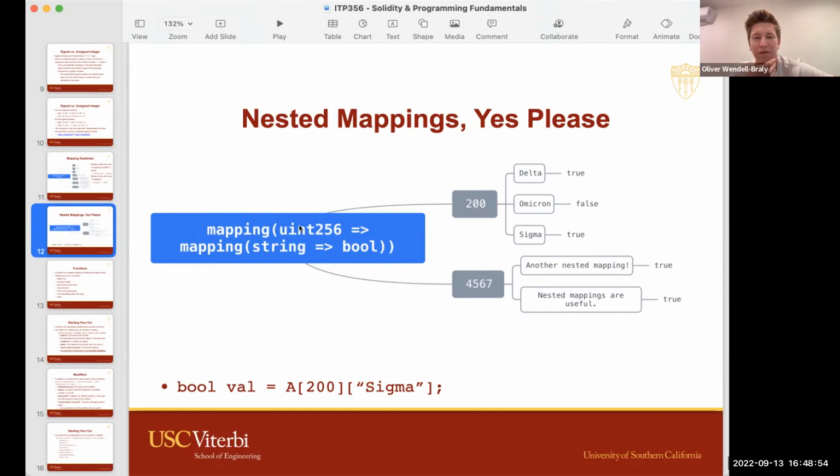Yeah, like if you had an inner mapping that was different, instead of being string to bool, it was string to int, could that mapping exist for the same key? Are you saying can you mix types? Not exactly.